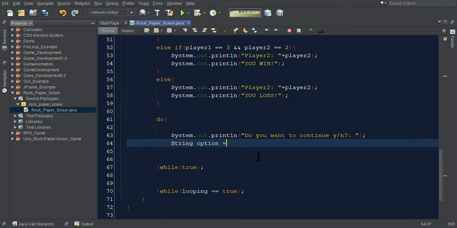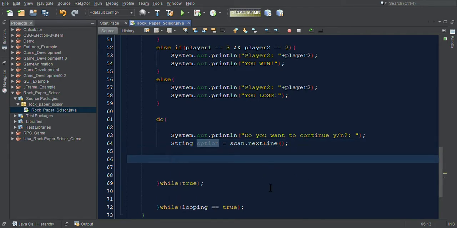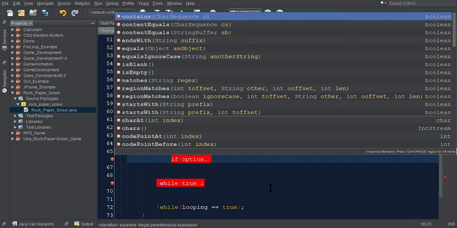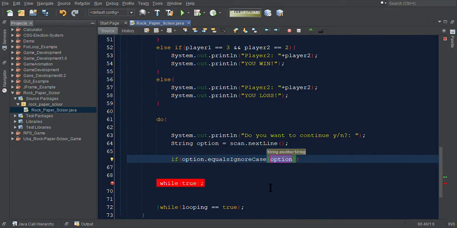Let's say option is equals to, you have the scan object dot nextLine. Okay. So nakita natin, next condition na ito natin ulit. So if, let's say, option dot equalsIgnoreCase at dito is "y",